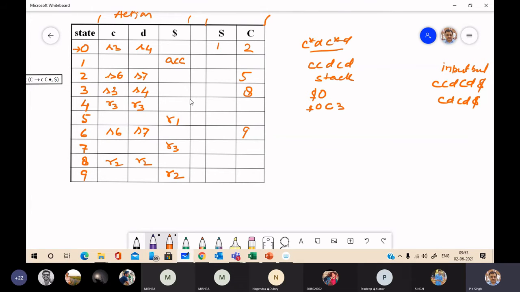Next 3 and C, S3, so you will get 0, C, 3, C, 3, and the input is D, C, D, dollar. Now 3 and D, S4, so 0, C, 3, C, 3, D, 4, and here you have C, D, dollar.